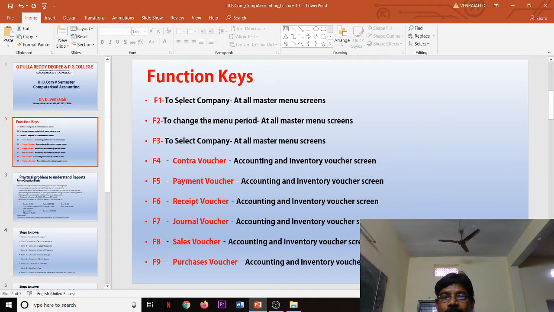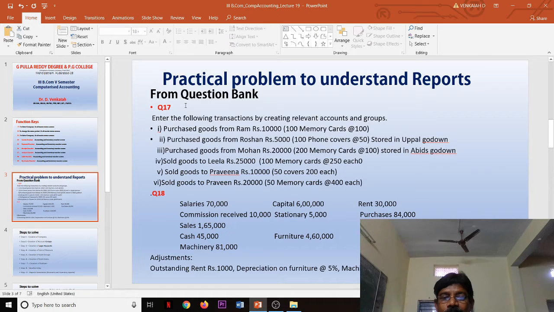For understanding the function keys from F1 to F9, we took the example of question numbers 17 and 18. With these transactions, we understand how F1 to F9 are used, by simply pressing the shortcuts, function keys only.